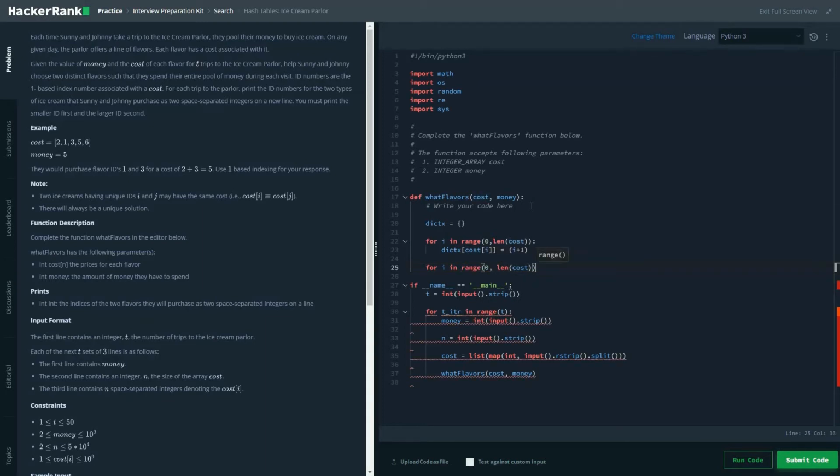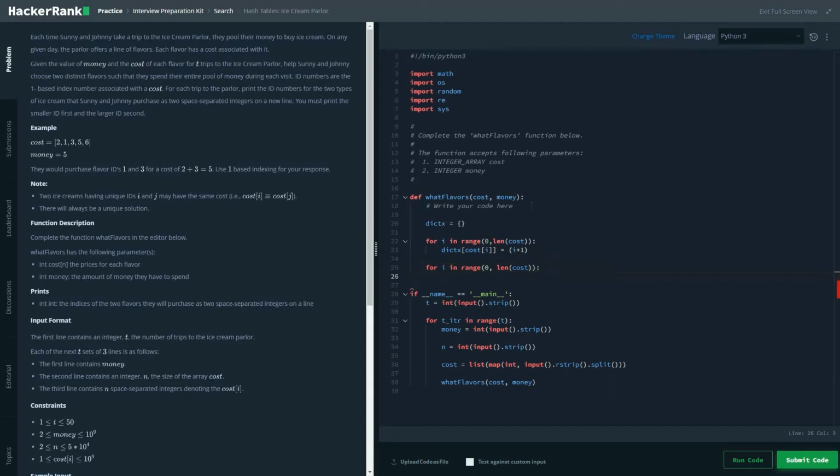We will again loop through our array of ice cream costs, and we will be subtracting the cost from the current money that both Sunny and Johnny have combined and pooled together.